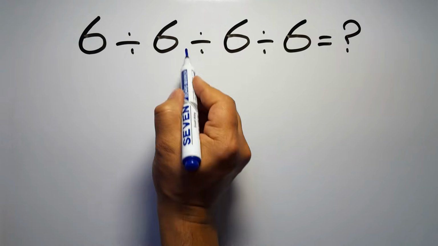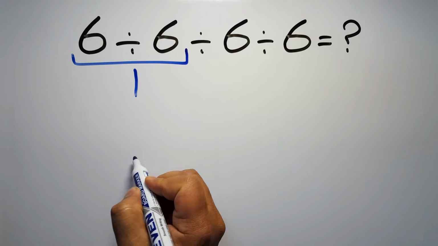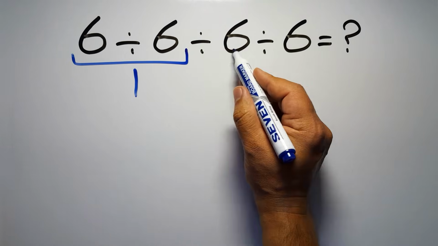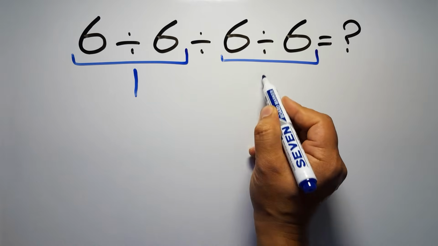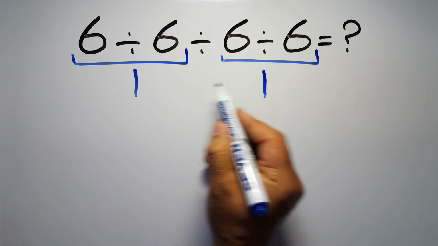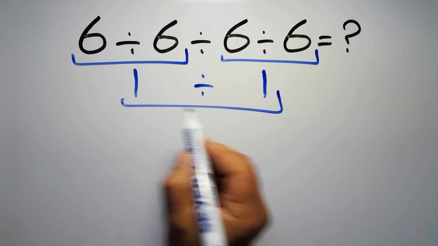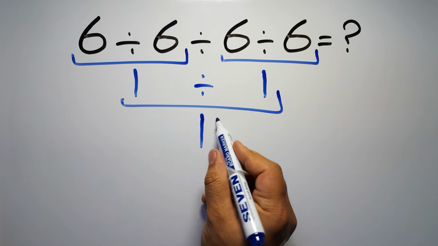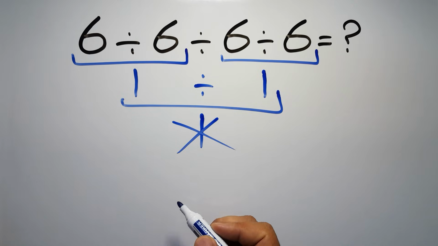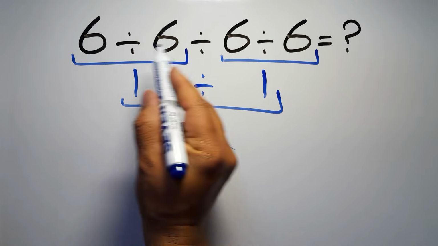6 divided by 6 gives us 1. And again here we have 6 divided by 6. Okay, so 1 divided by 1 gives us 1. But this answer is not correct, because according to the order of operations, when we have more than one division